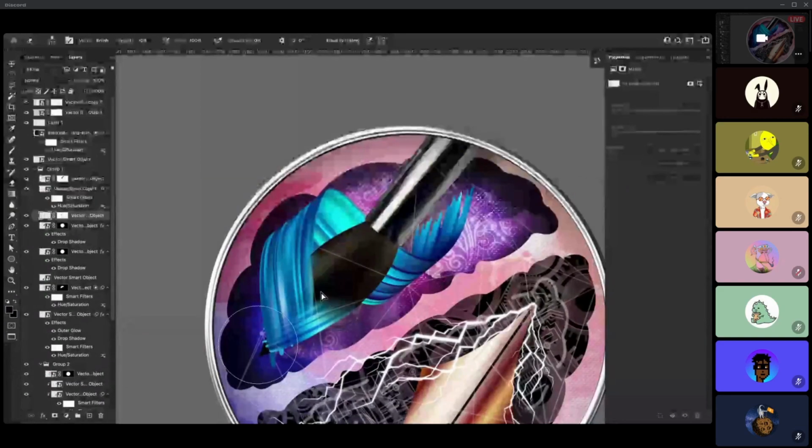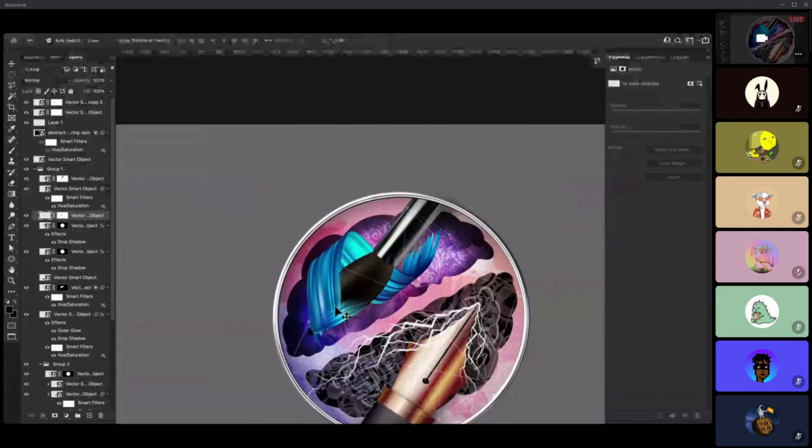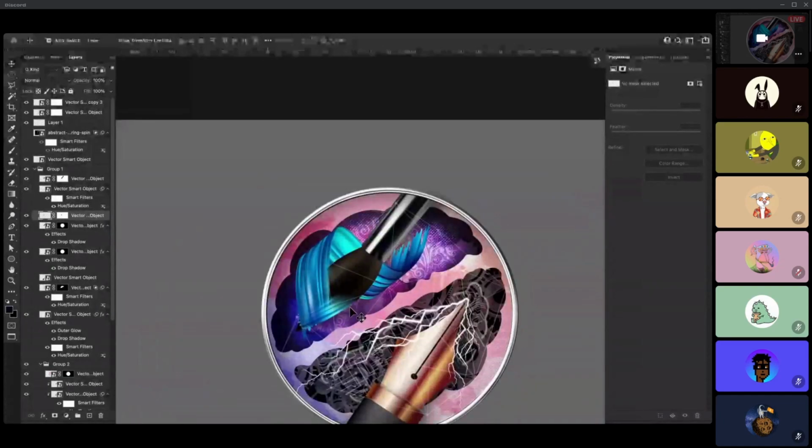I'm not very happy with the way it looks. It can still be done better. If you can find better assets, that would be something to look out for. So I can start playing with the blending mode and see which works better. Like, I like this. Let's see this, what works better with him. I like this too. It's like a little watercolor wash.